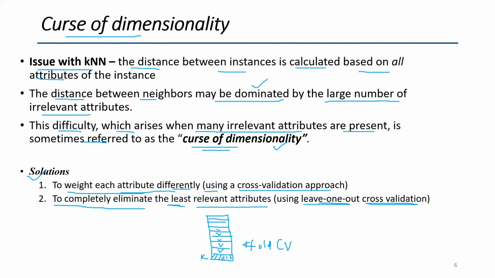In leave one out cross validation, consider you have 10 samples. You leave one attribute out, consider the remaining ones, and build the model. Once you leave out the most irrelevant attribute, your classification accuracy will be highest. Thereby you identify the most irrelevant one, so you eliminate that. You can repeat this procedure to remove more irrelevant attributes. So this is the second solution for this problem.